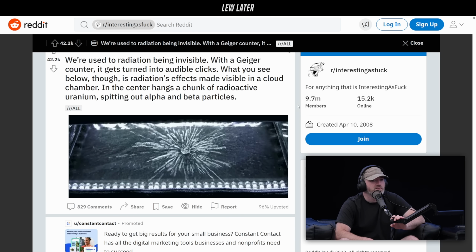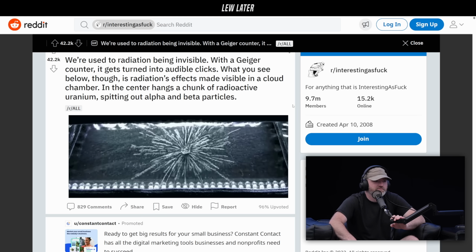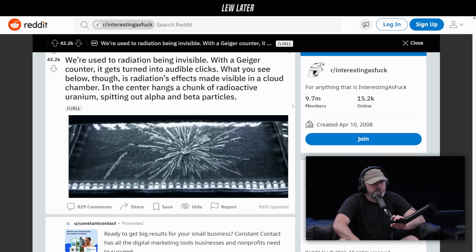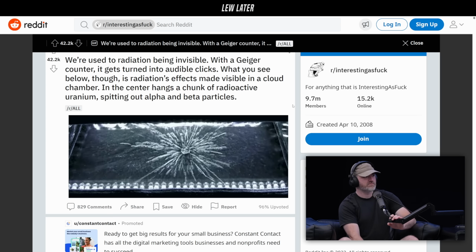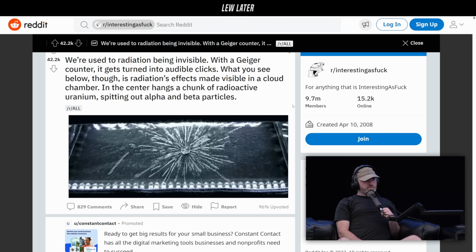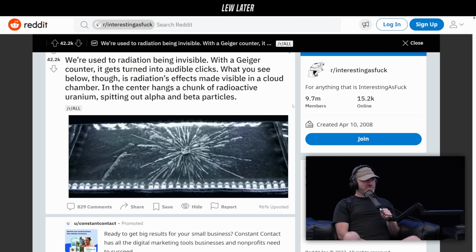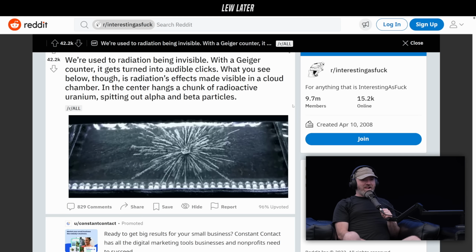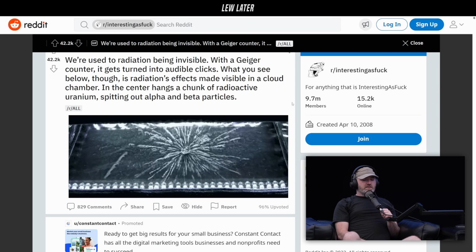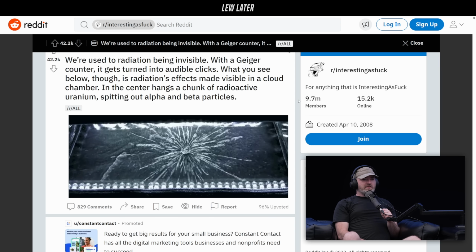Whoa. This is interesting to me because the Geiger counter is what you hear, and that sound is just really specific. That, and then to actually see it. Go ahead, Will. And be able to measure it, it kind of makes sense. It's just kind of like exploding. The particles are...